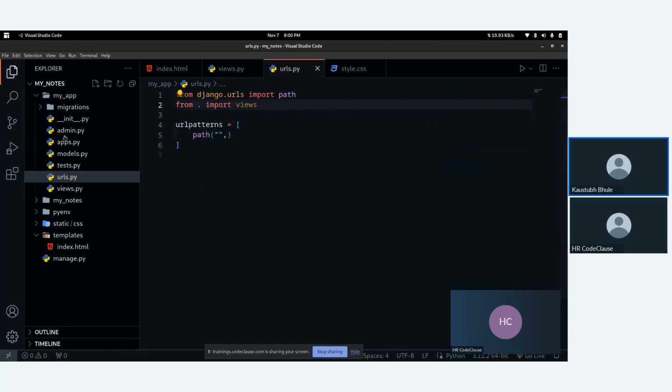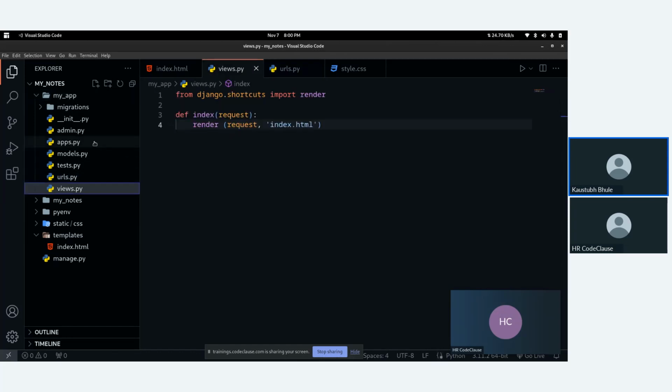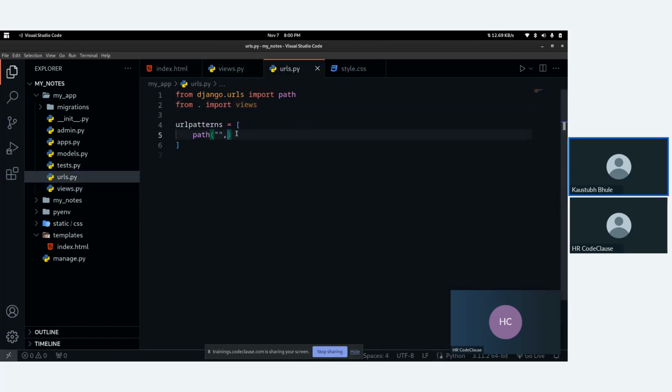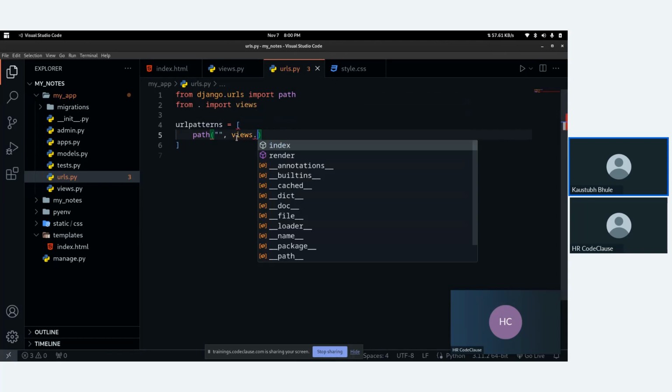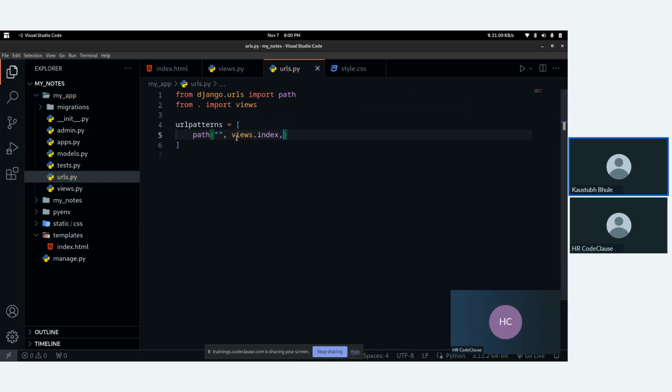Okay, so we have imported the views from our my app section which we have recently created. So views dot index function, followed by the name.